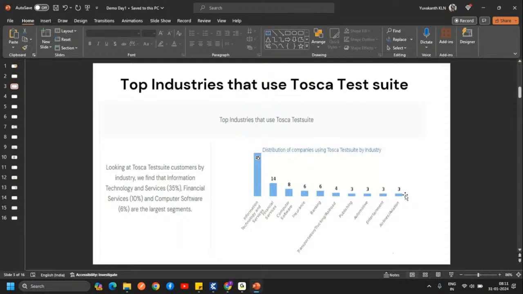In almost all the industries, Tosca has started its journey, and it's leading. It has very good use of this tool.